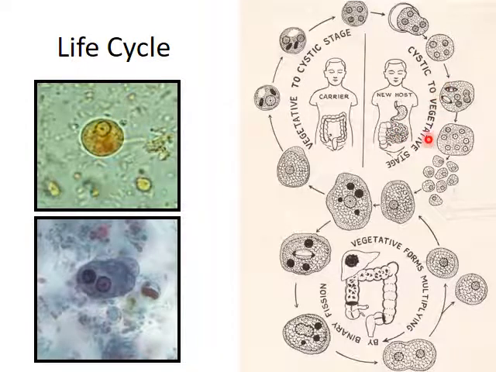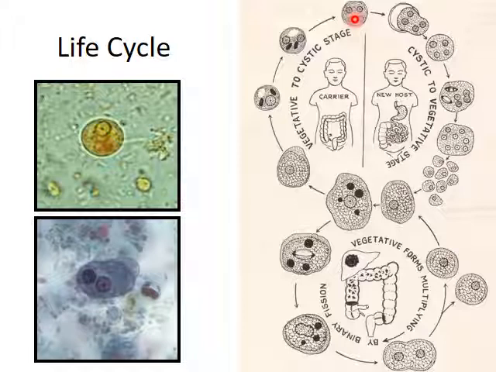This cyst then converts to the vegetative state, that is, it forms trophozoites,